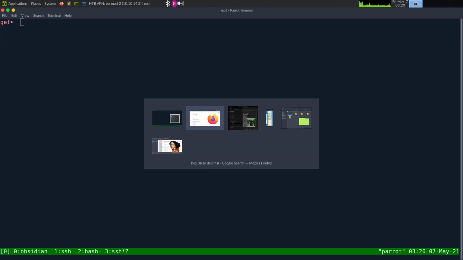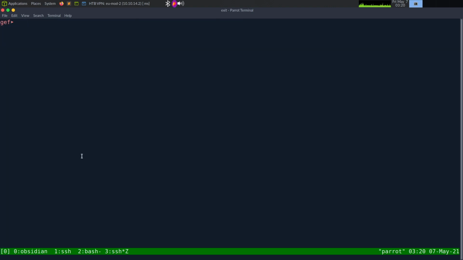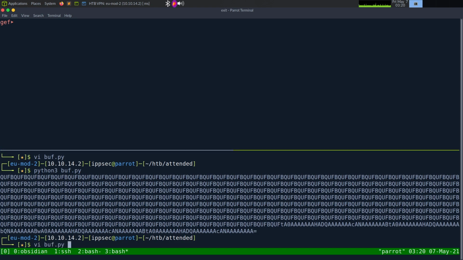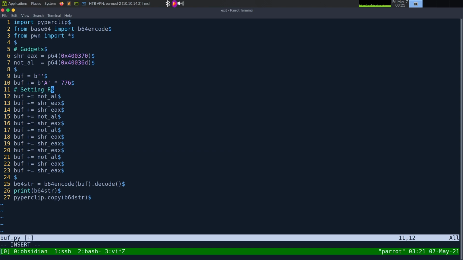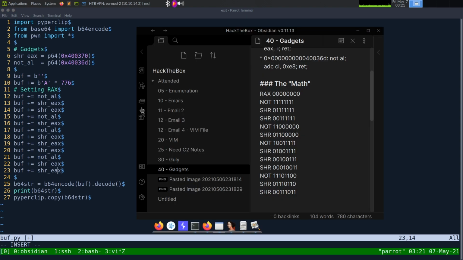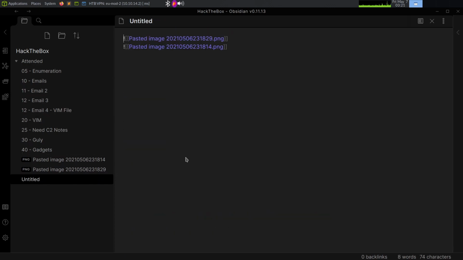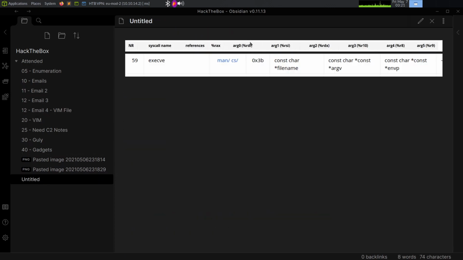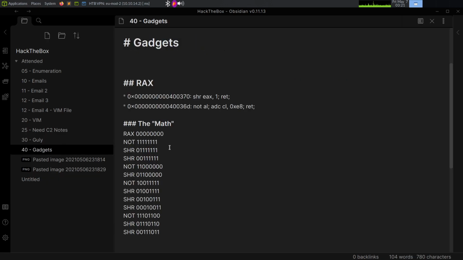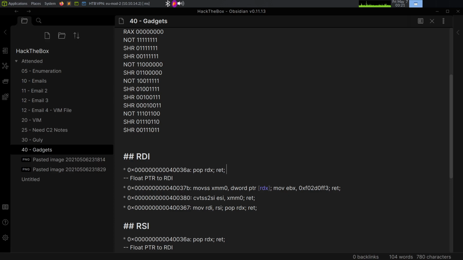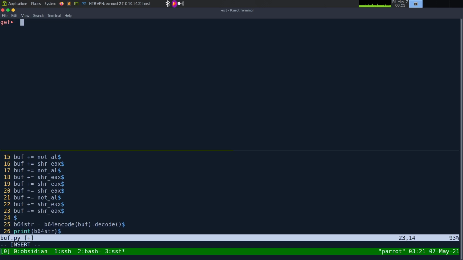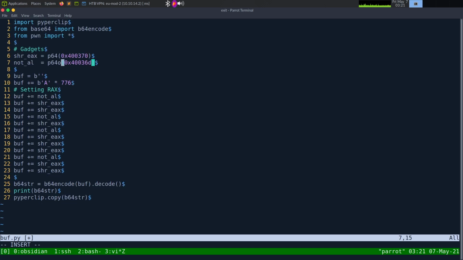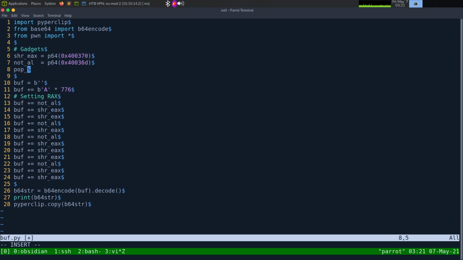So now the leftover is to set the other parameters. So let's go back in here. We have to create gadgets. So here we can say setting RAX. And then the next one we want to set is going to be, let's go back here. We set that. So we want to set RDI. So let's go to our gadgets, how we did this. We need pop RDX. So in our gadgets, whoops, we're going to put pop RDX